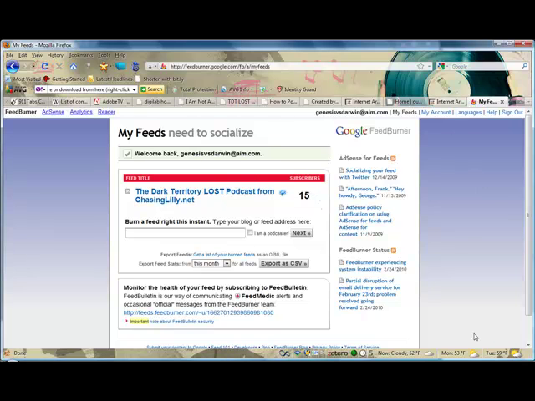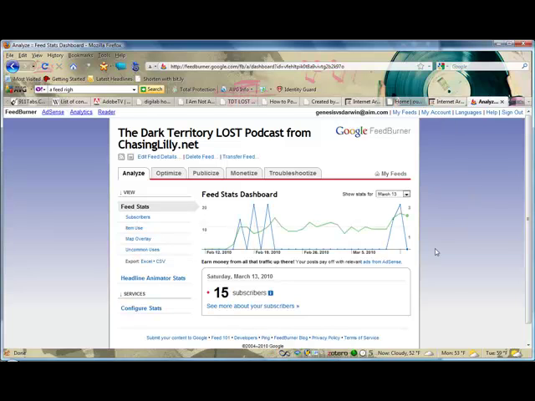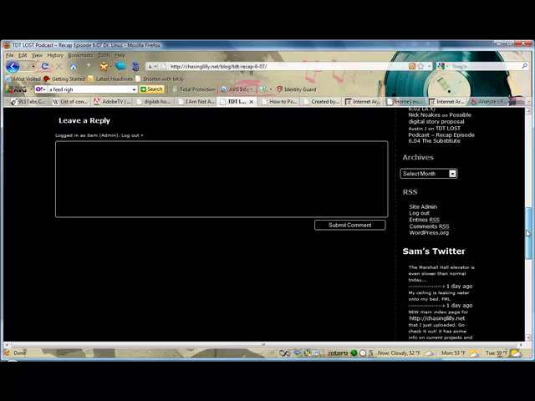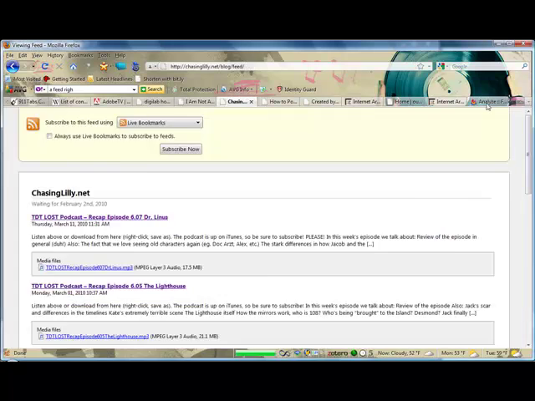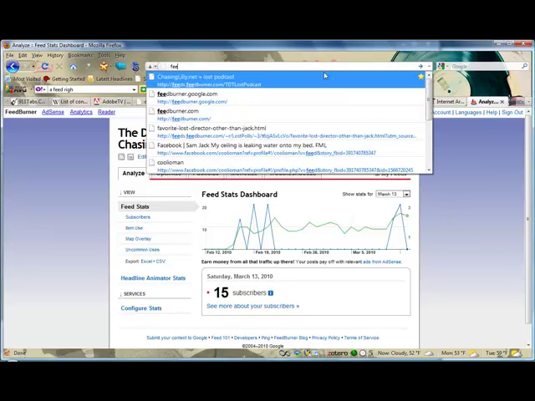You can add feeds if you want. I could go in here. I could add a feed right here. Go right in here. I can check all my stats and stuff. But what basically FeedBurner does is you put in your RSS feed from your blog. I would go down here. I could get my RSS right from here. See entries RSS. And pretty much what FeedBurner does is here I have my page actually saved.